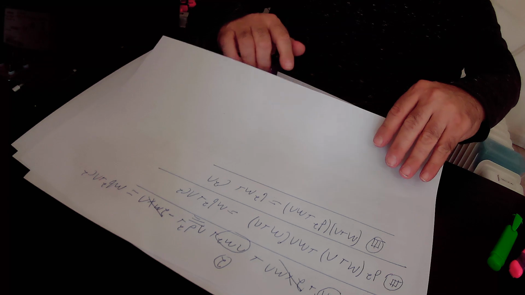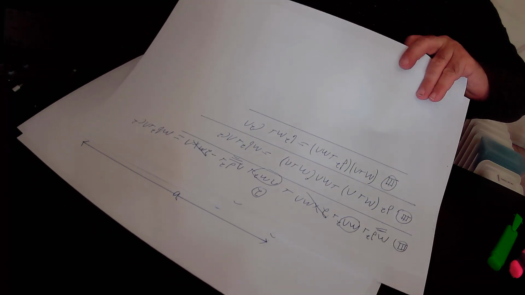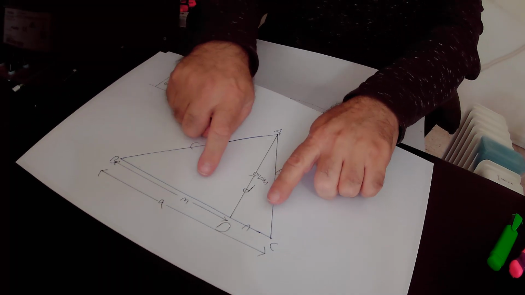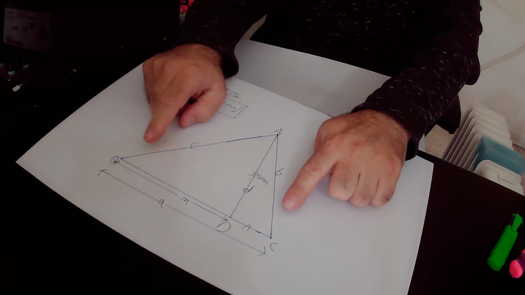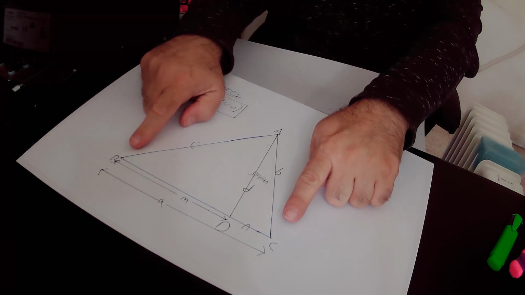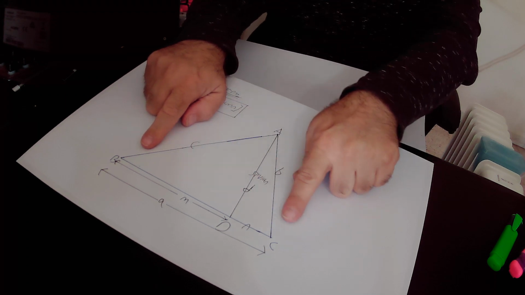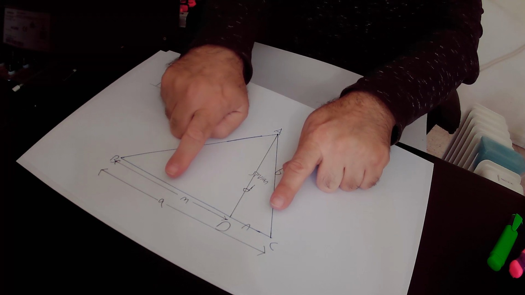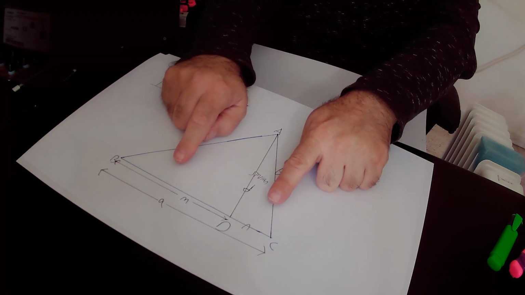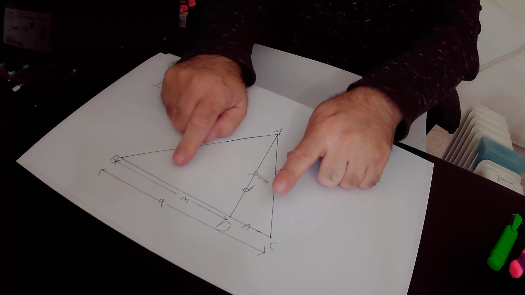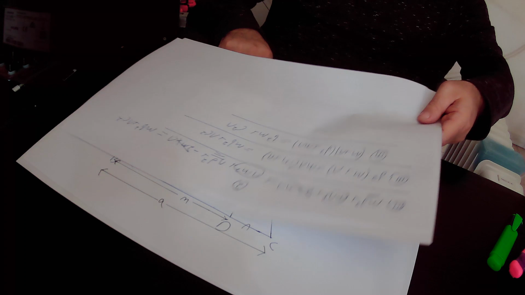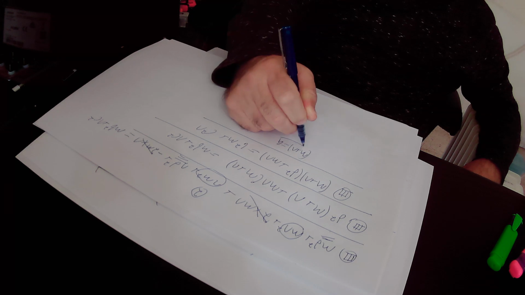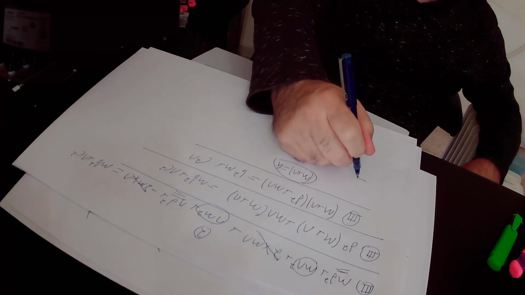Here, it's very easy to see from this drawing that m plus n equals a. Okay, a equals side BC, and side BC also equals BD plus DC. BD plus DC is m plus n, that is equal to BC, that is a. So we can substitute m plus n in equation number 3 by a. Okay, m plus n equals a, so we substitute m plus n by a in equation number 3, and we get